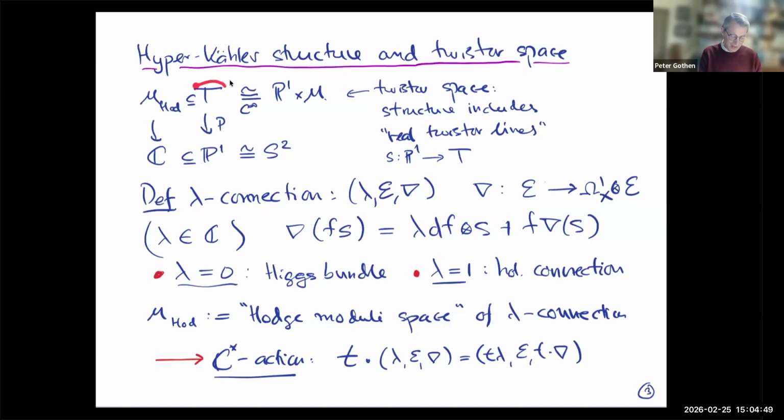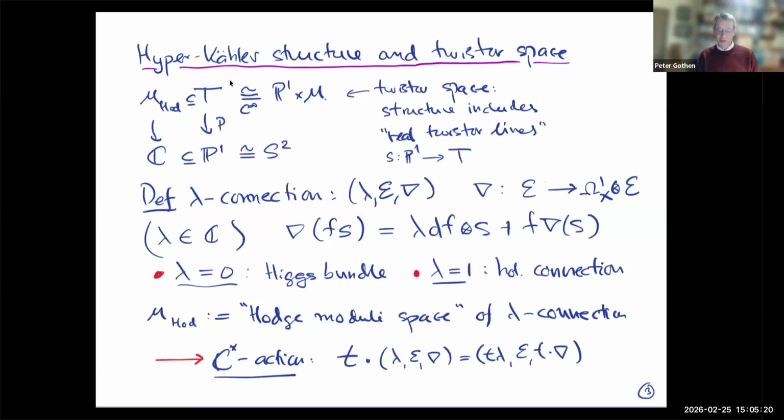And then this T has exactly that complex structure that at every point, your almost complex structure comes from, well, you have it on P1, and on M, you take the one corresponding to the point. Okay, so you put all the different complex structures together in a family. That's the idea. All right, so that's something general you can do for any hyperkähler manifold. You can write down this twistor space, and you can go to the paper and see how it's done.